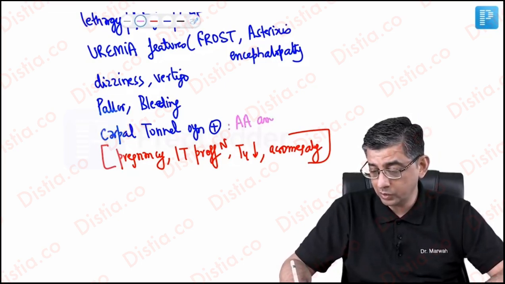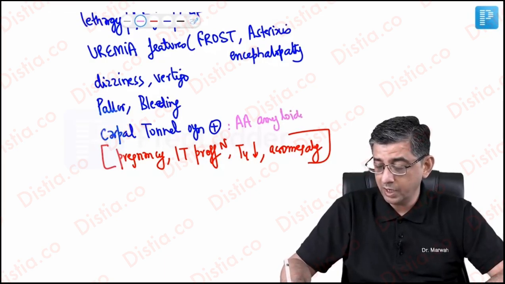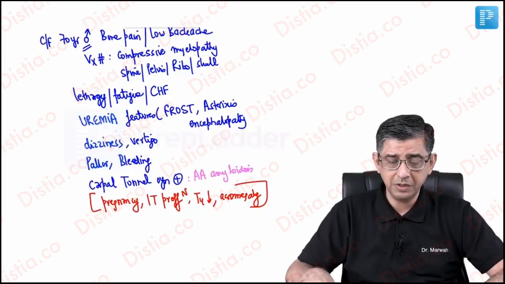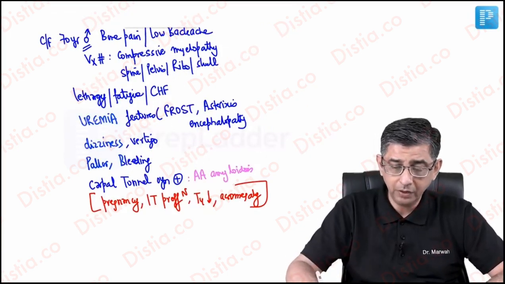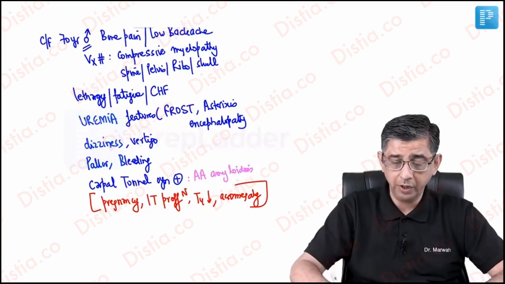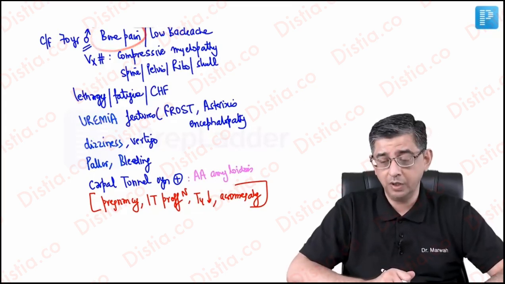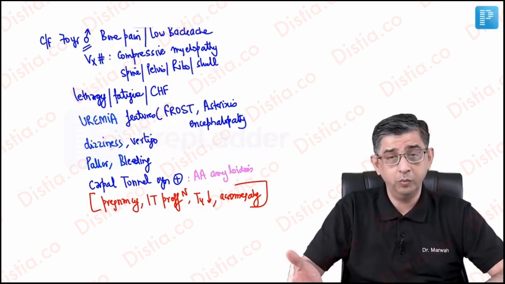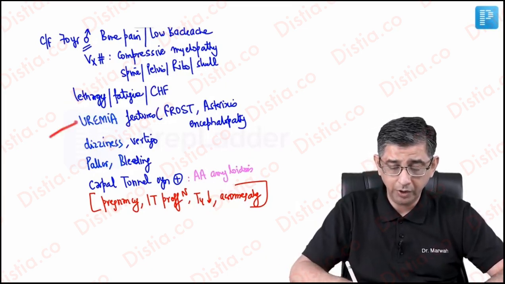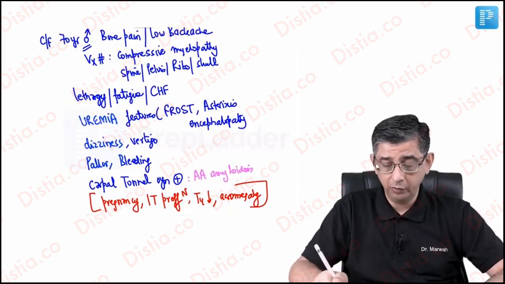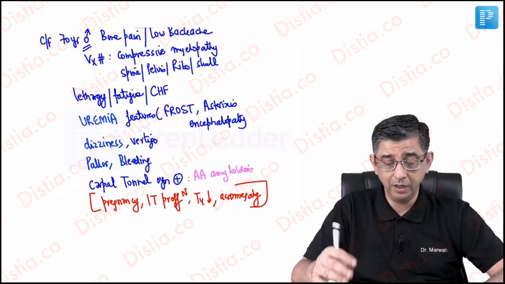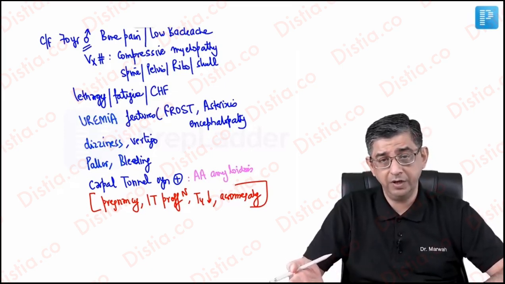It is the amyloidosis component which is contributing to this, and amyloidosis can contribute to macroglossia also. So the basic message is he would love to talk mainly in the MCQ in the clinical profile and would rather waste your time by making you think that this low backache and bone pain is maybe due to meds, maybe due to osteoporosis, and then he'll talk about deranged KFT in the person. He will talk about presence of anemia in this patient, and the anemia can be so bad that it can even cause development of congestive heart failure.